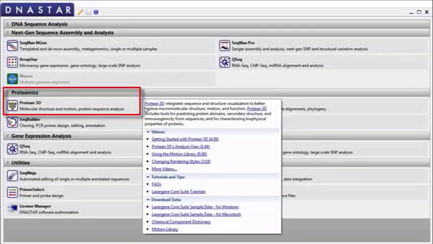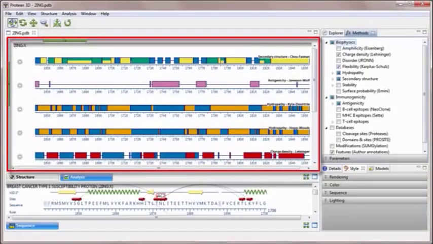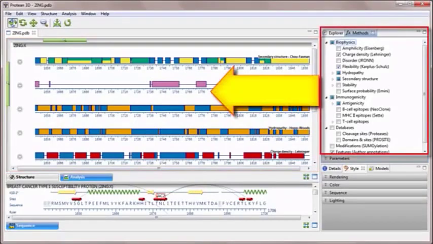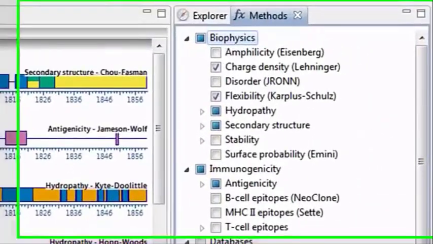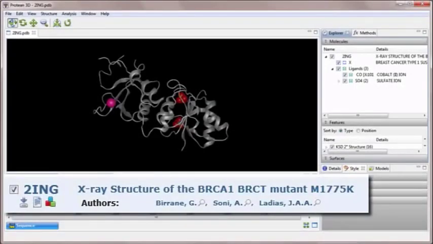Protein 3D is DNA STAR's application for exploring macromolecular structure, motion, and function. In Protein 3D, the analysis view displays results of any prediction methods that you choose to apply. One such prediction method, the B-cell epitopes neoclone method, makes it easy to predict linear B-cell epitopes for any protein sequence or structure. In this example, I've already opened a PDB file for a mutant form of the BRCA1 BRCT